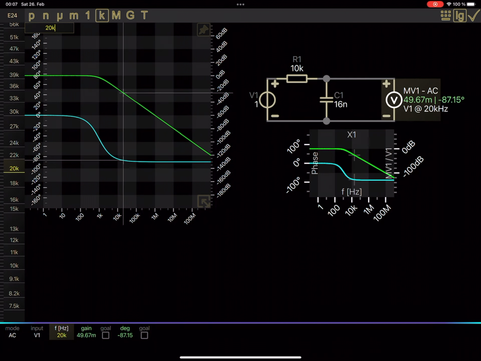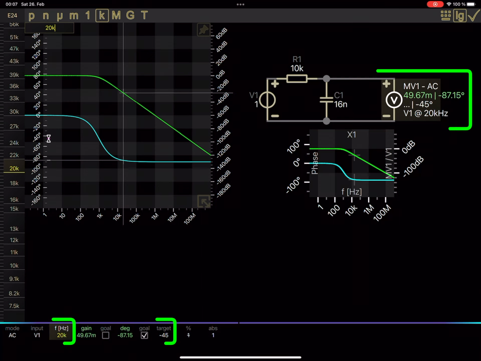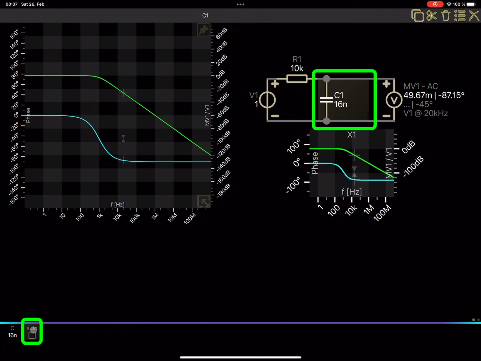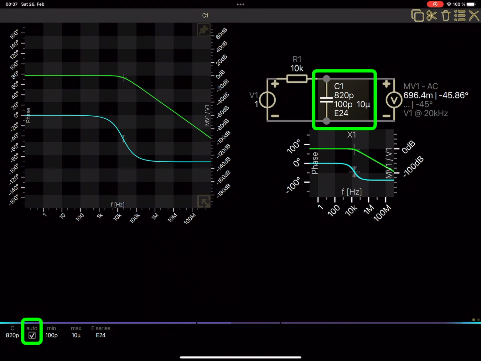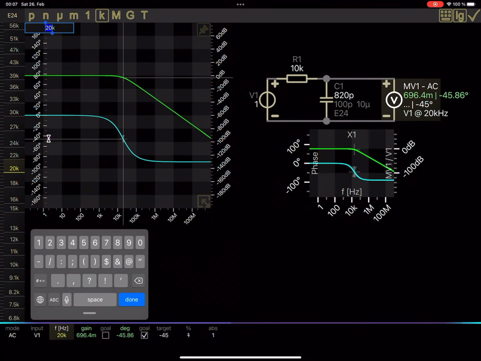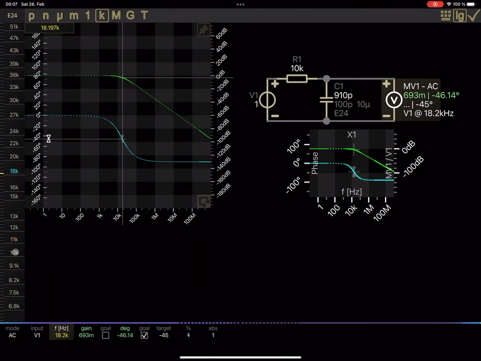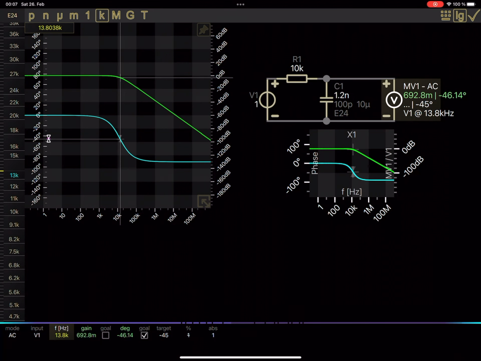Now we want CircuitShepherd to automatically dimension the circuit to get the corner frequency of the RC low-pass to the cursor position at 20 kHz. So we set a phase target of -45 degrees as design goal and give CircuitShepherd a sufficient degree of freedom by designating at least one part as auto. Once the circuit is set up, the corner frequency can be freely changed, just by changing the measurement frequency of